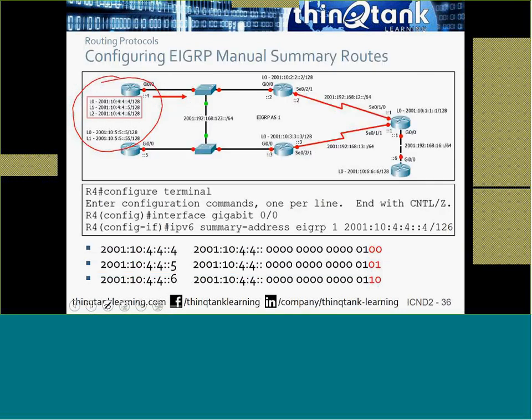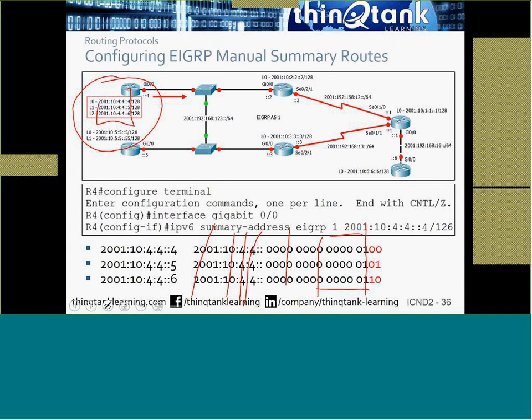And in this case, I'm summarizing 2001:10:4:4::4, ::5, ::6. So if you convert that to binary, our summary boundary is there. This is 16 bits, 32 bits, 48 bits, 64 bits, 68 bits, 72 bits,